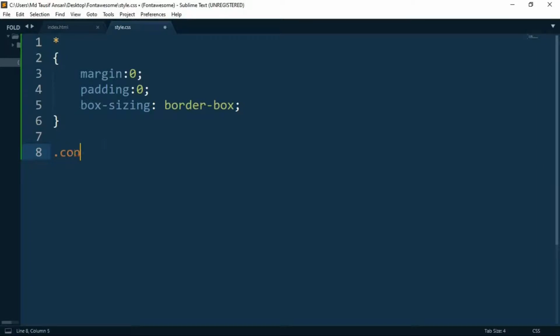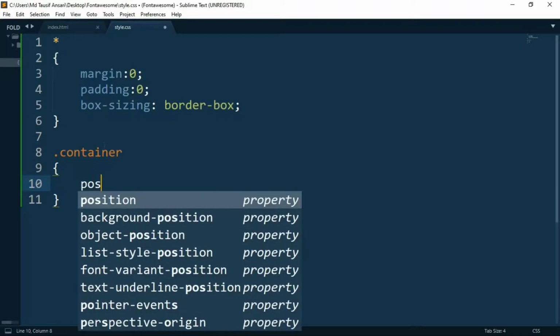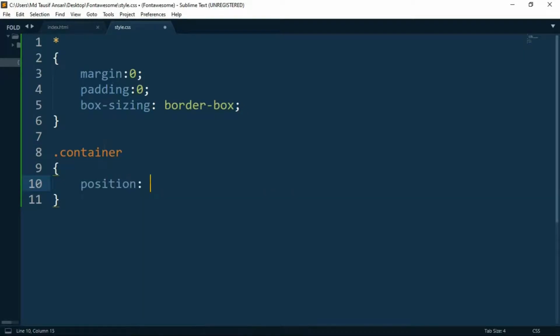For that, you will have to set its position to be absolute and set top to be at 50%, and set left to be at 50%.